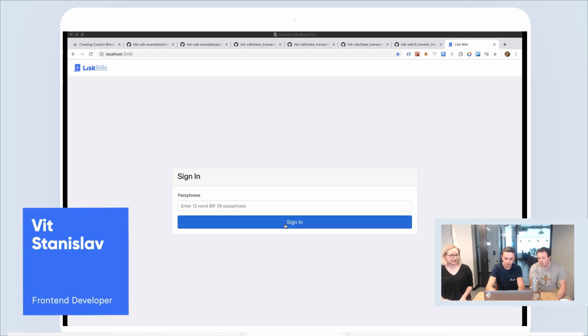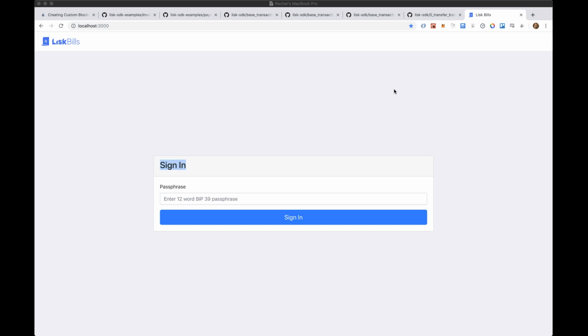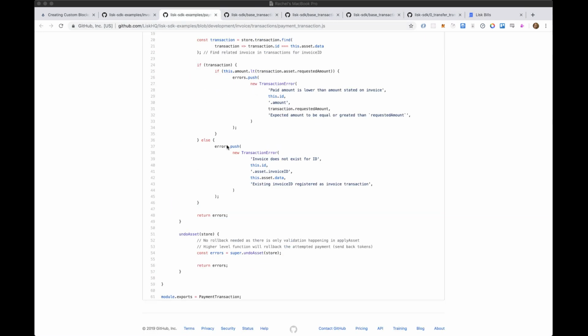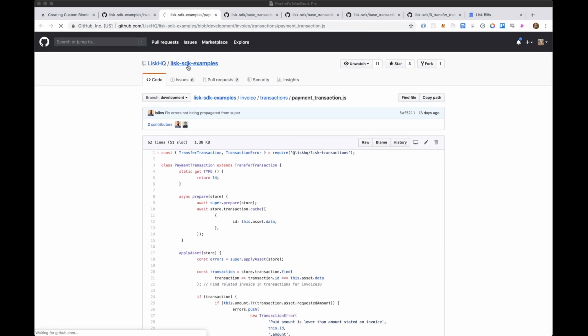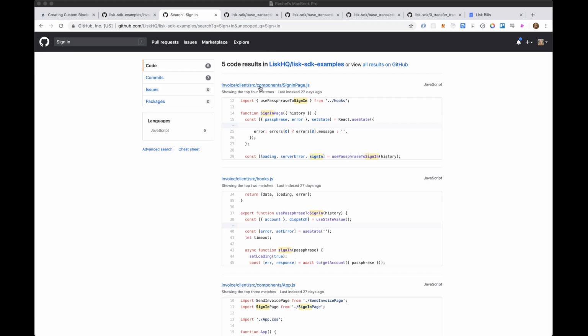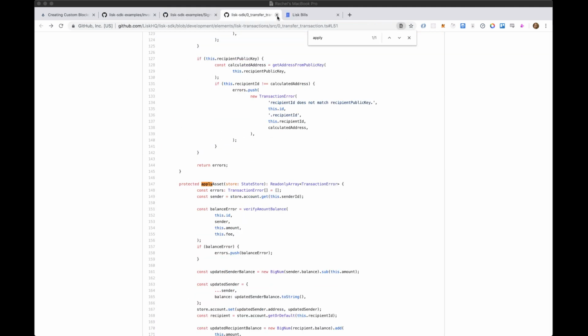And so for that, I don't want to go through everything in the front end. There is the boilerplate for the pages, and I just want to show you the sign-in page code and then the code of sending the invoice transaction. So if I go to the Lisk SDK examples repository and search for sign-in in here, yeah, there is component sign-in page, and on this one